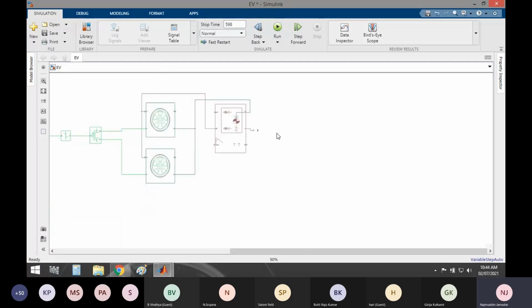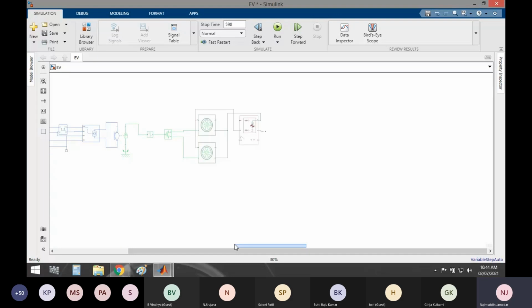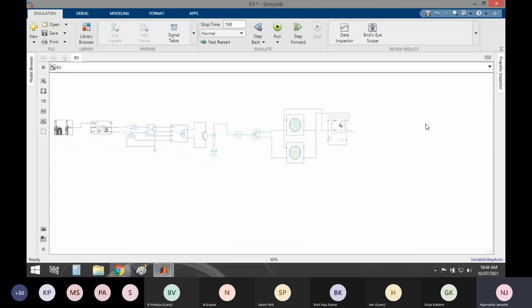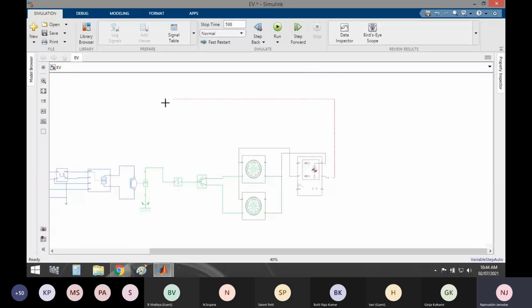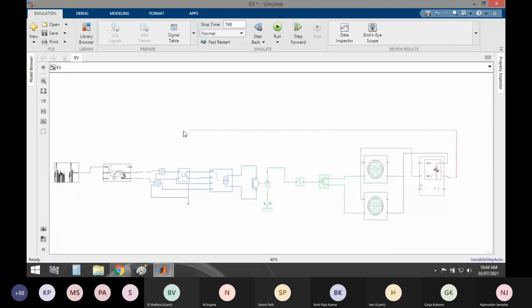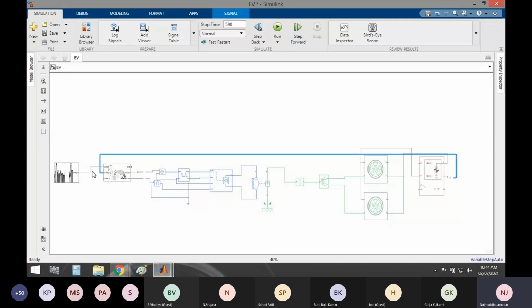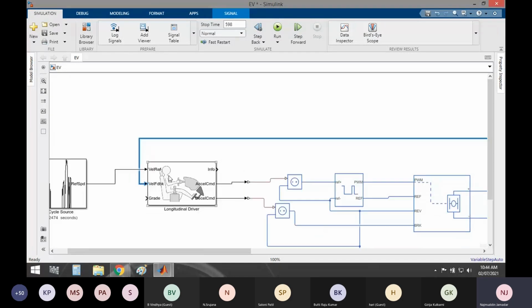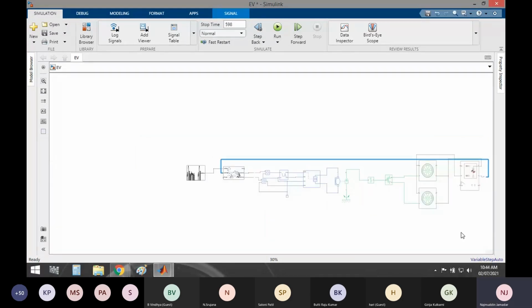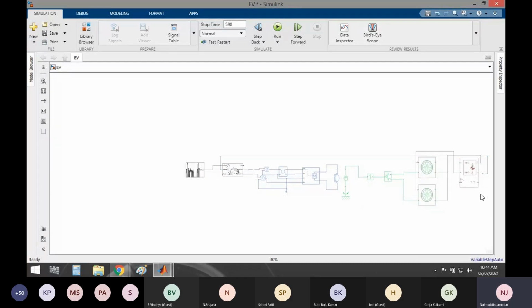Now we have seen one reference in the driver block. Simply we have to connect this velocity with the reference. Sorry, feedback. I will connect it here. So here feedback is also connected. So the control system has a closed loop response. We have to give the output feedback to the input control value. Otherwise, the system will be open loop, but we require a closed loop system.